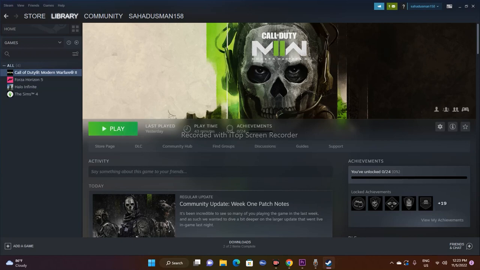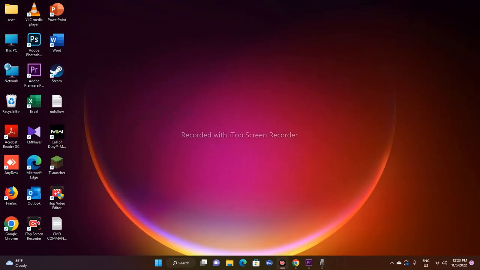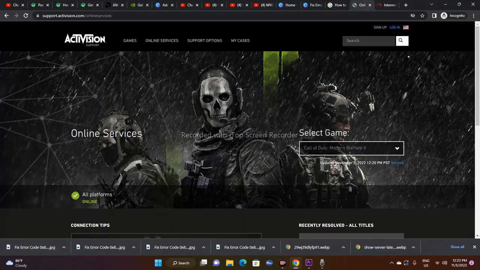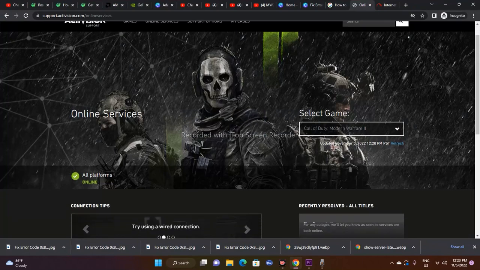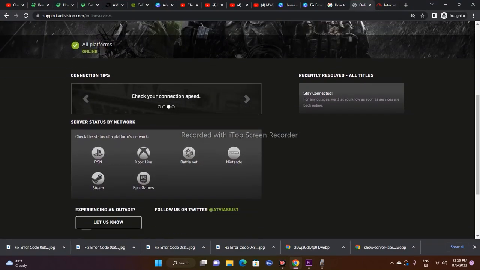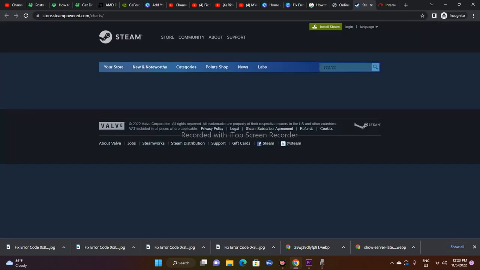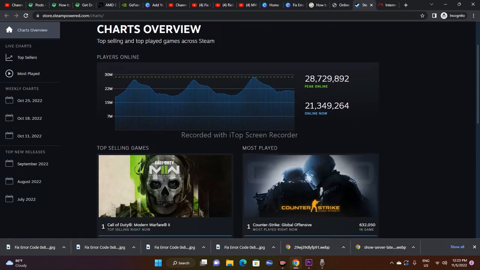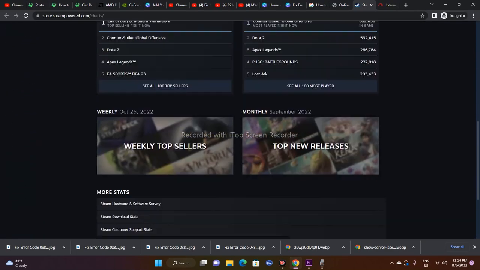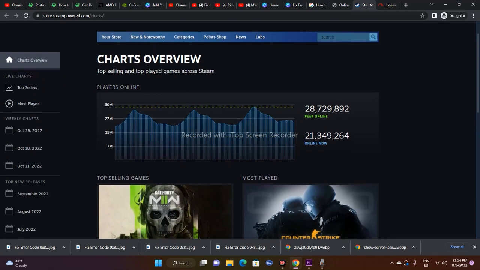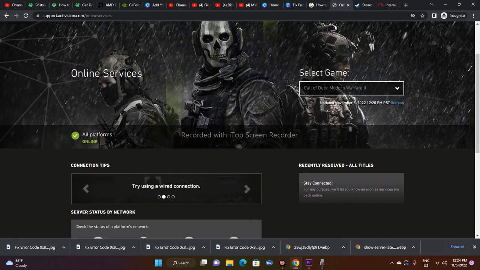Moving to the next one, you have to check the game server status. That is very important. If you go to this page, as you can see, the activation support is returning that everything is working fine. It is all good so far, and there is nothing wrong. If you go back to the activation page, for all the platforms it is online. So there is no server issue so far. It is up to date even till 12:20, so there is no issue with that. That is what you have to check.